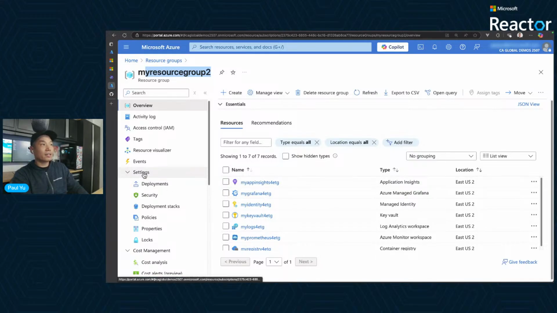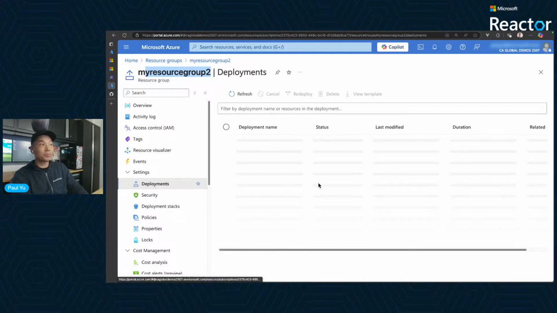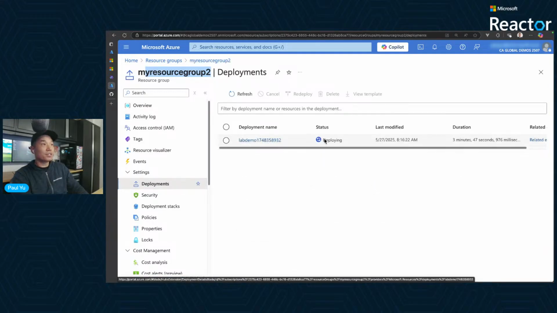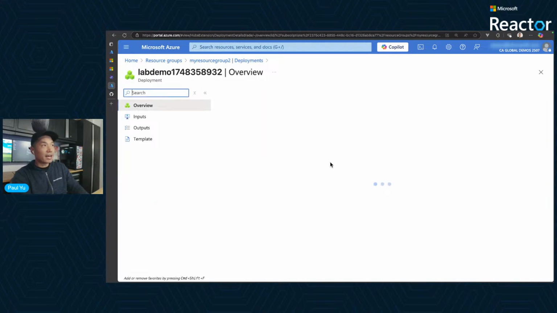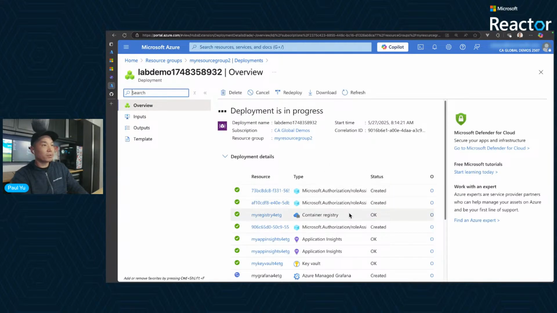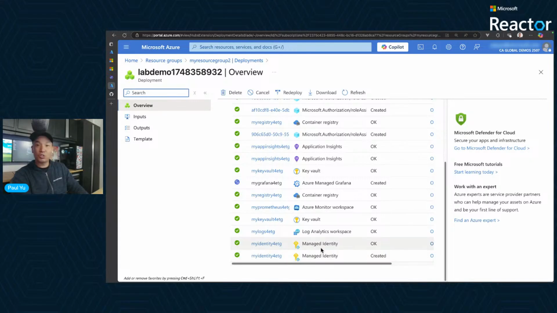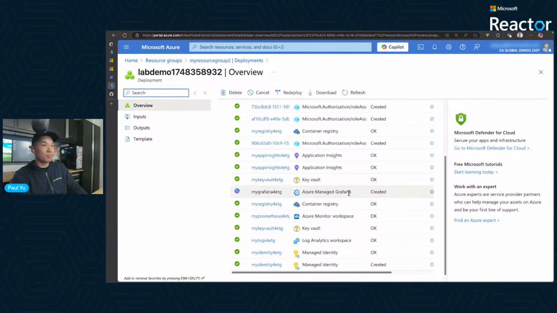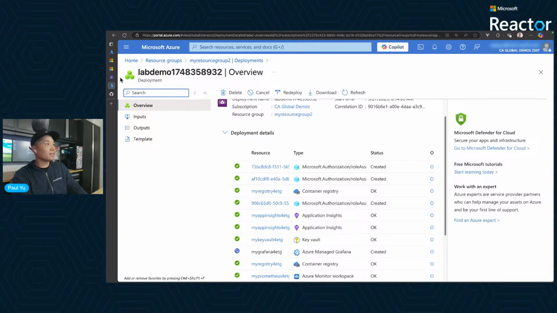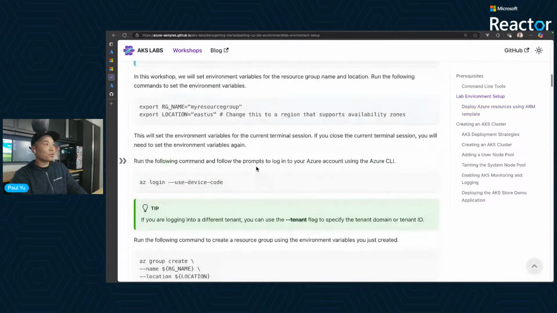And if I click on underneath settings, deployment, because remember we did a deployment for the resource group, I can click on that. And you can see here, this is the actual deployment name. Remember, we called it lab demo, and then we gave it some random text at the end. So if you click on that, you can see all the things that are being deployed. And I'll show you that in a second. You can see the Azure Managed Grafana is the one thing that we're waiting on. So if I scroll up here,